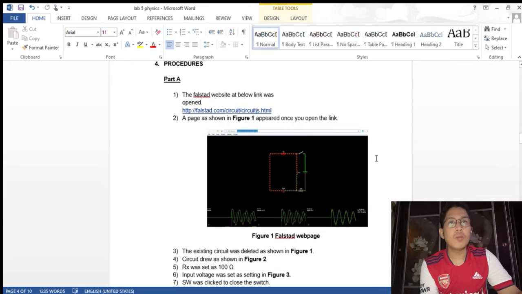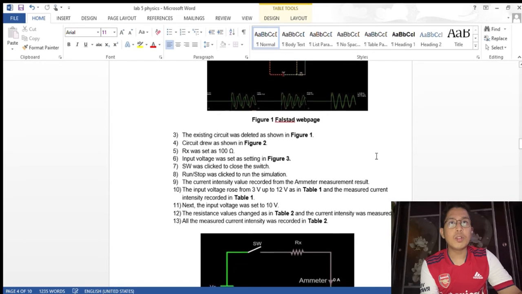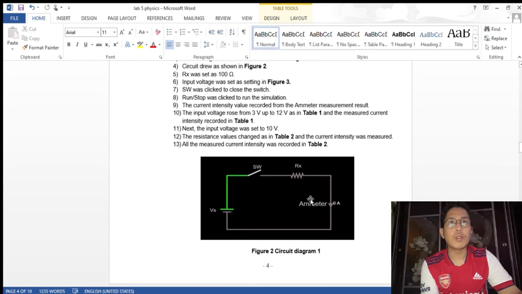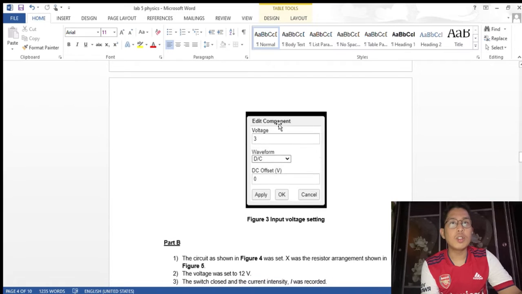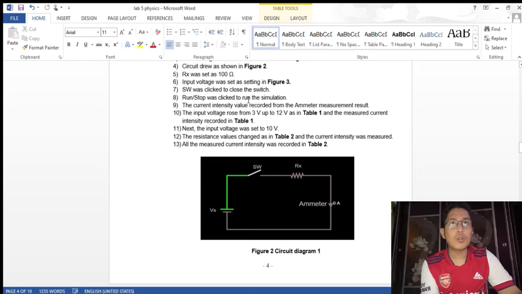Okay, for part A, we visit the FASTA website and we drew the circuit as shown in figure 2 on the website, and we set the Rx to 100 ohm, and the input voltage was set as in figure 3, which is 3 volt. SW was clicked to close the switch, and we run the simulation, and the current intensity value is recorded from the emitter measurement result, and the input voltage